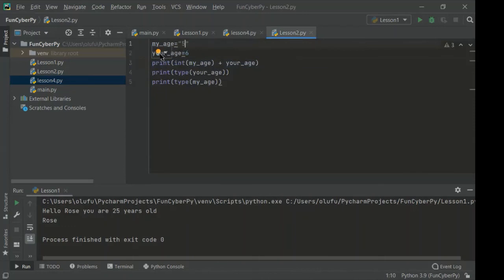And your age, I defined as an integer by putting a 6 inside of it. Now, the first thing we did was try to add these two, a string to an integer. And when we run it,